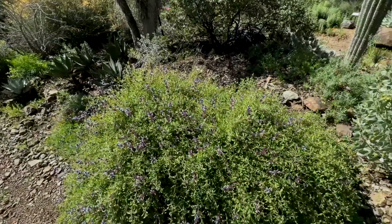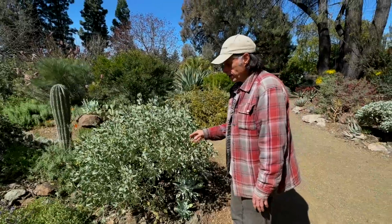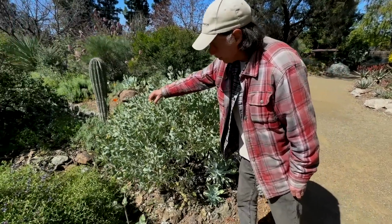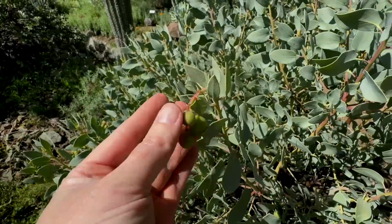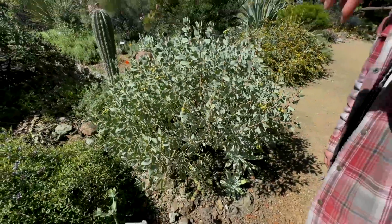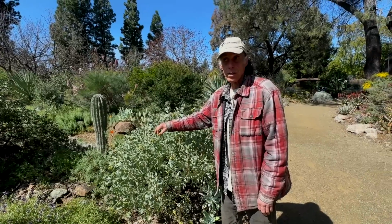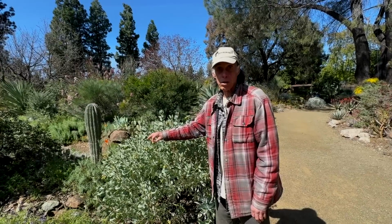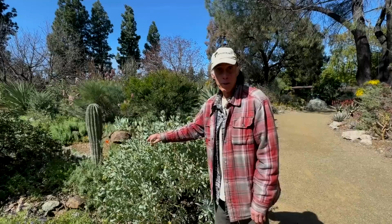And next to it here, we have a manzanita. Now, manzanitas are, a lot of them native to California. And the name manzanita in Spanish means little apple. And so here you can see why. There's the fruits. So the manzanitas are in the heath and heather family, the Ericaceae, and they have wonderful little urn-like flowers, and these are followed by these fruits. So the fruits are actually eaten by bears. There's one of the species called Uva ursi, and that means literally bear grape,